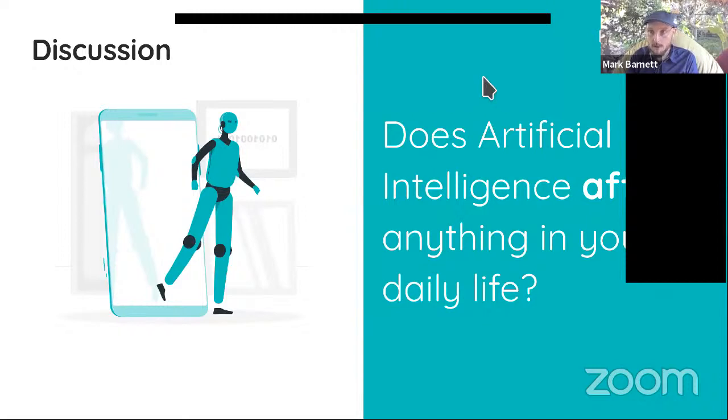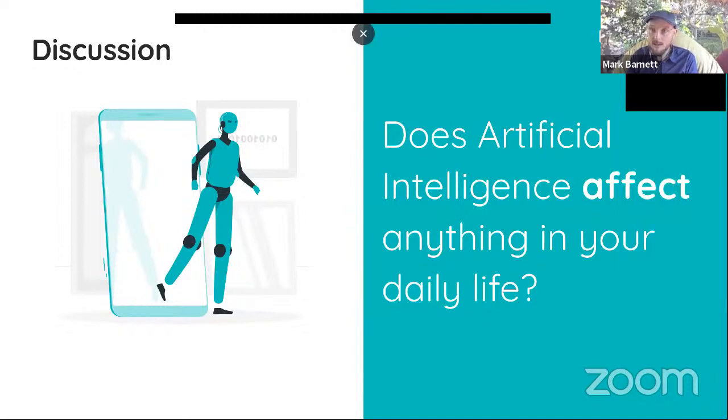So let's jump right into today's topic. It's about artificial intelligence. And the question I like to ask people who are experiencing artificial intelligence for the first time, or at least thinking about it, is, does AI affect anything in your life each day? That really depends on the technologies that you use and the things that you are involved with and things that you might already be using. But the answer is probably yes. It matters to the degree of which the things you're using.